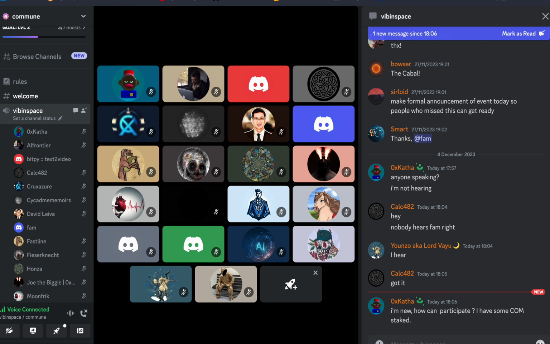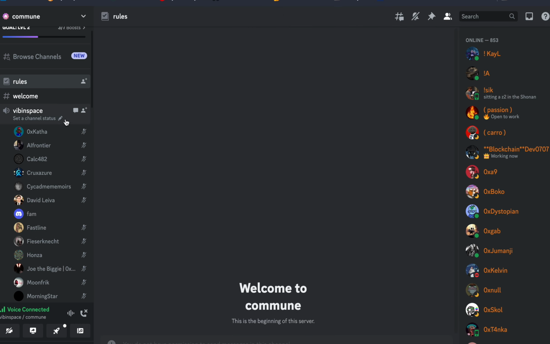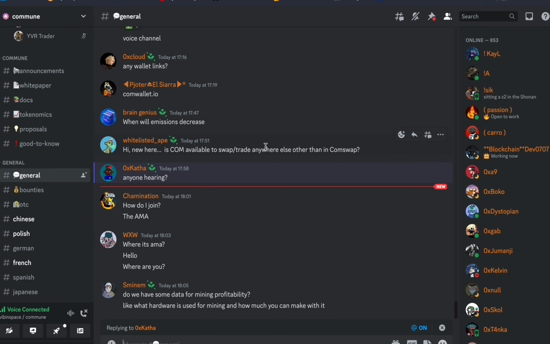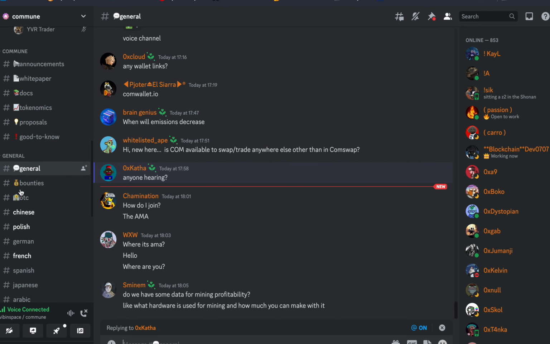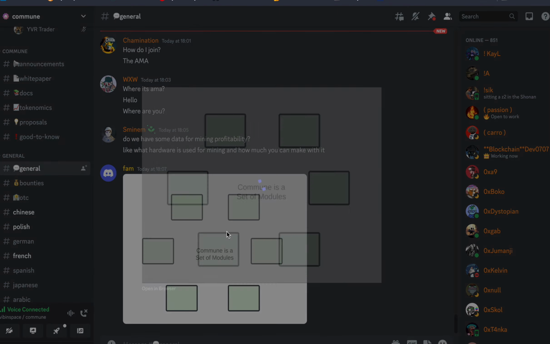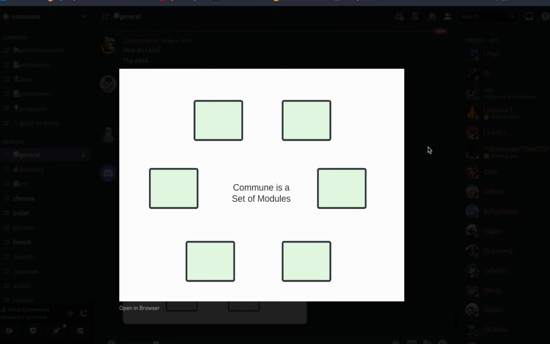So what Commune is, it's quite simple. It doesn't seem simple right now, but it's pretty simple. Essentially, these modules can be anything we want them to be. The flexibility is infinite, unlimited. And we also have subnets as well. Modules can create their own subnet whenever they want to. They just need to have enough stake to cover the least stake subnet.